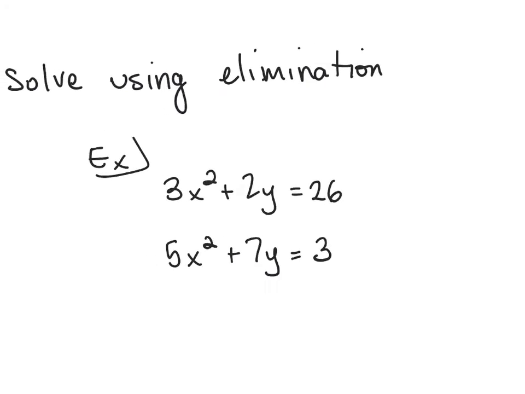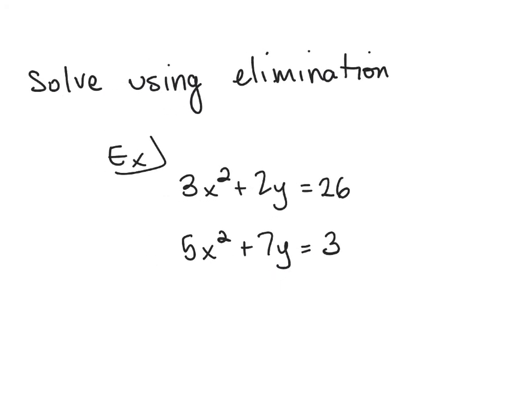Now here, with this example, you see that these variables are y to the first power, and these variables here are both x squared. So these are like terms and these are like terms. So it is going to be possible to use the elimination method here if we can get opposite coefficients. For example, if we can get negative 15x squared here and positive 15x squared here, we could eliminate these variables. So if I multiplied, let's say I multiplied by 5, and here I multiplied by negative 3, what that would